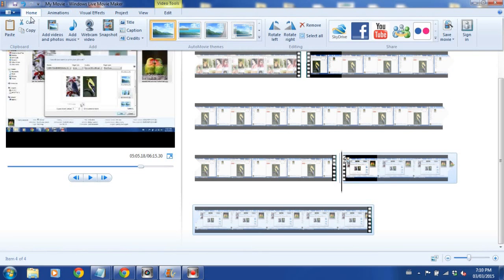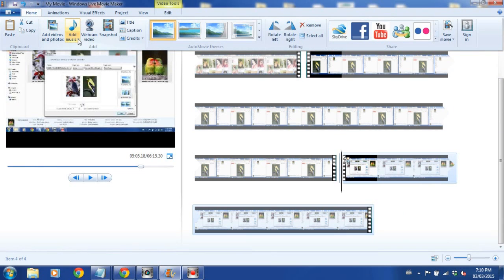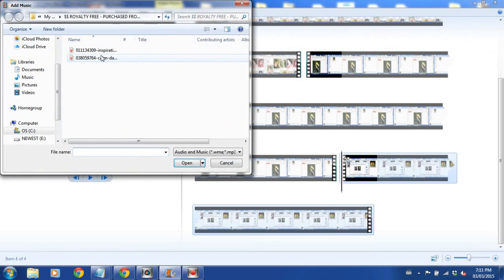But to add music, you would go to right here. There's a flyout menu. Don't just click add music and add it, because it'll add it right to the very beginning of your whole video. So in the home tab, let that fly out and choose add music at the current point.